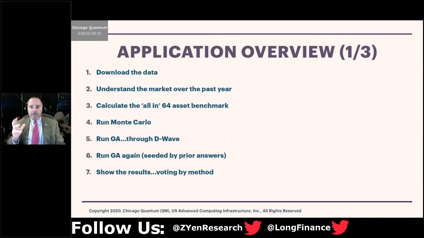We run DWave, and we have 3 different ways to embed on DWave, and we find that if we play with the embedding, we get slightly better answers. And then we do all the tuning, and then we run it back through the genetic algorithm. We call this SAGA. So annealing into genetic algorithm gives you a deeper minimum. We almost always can find the best answer much, much faster for a client. And then we show the results with a voting method.